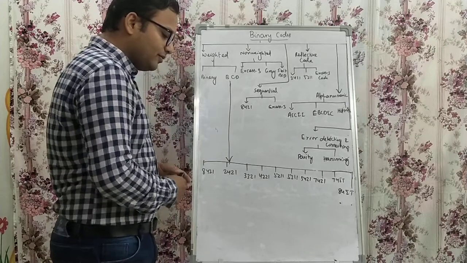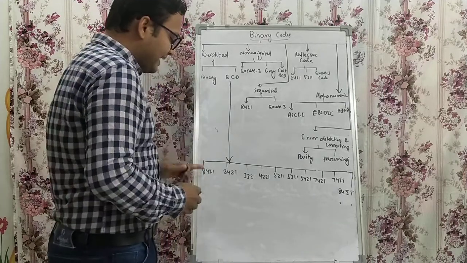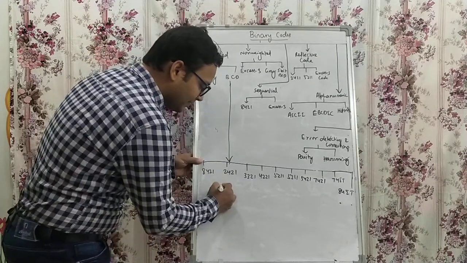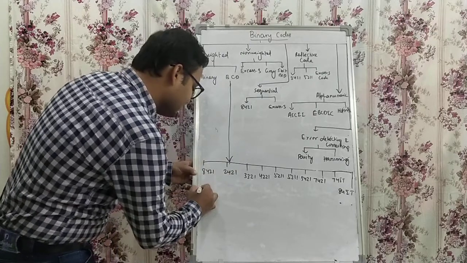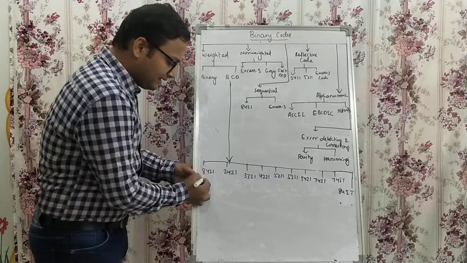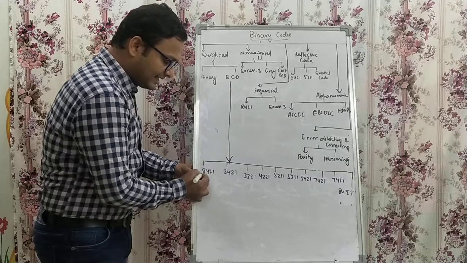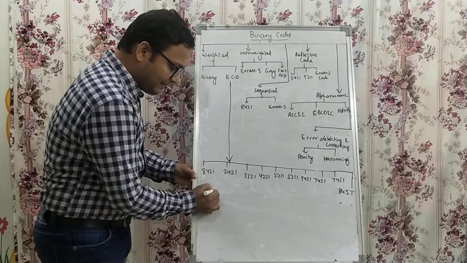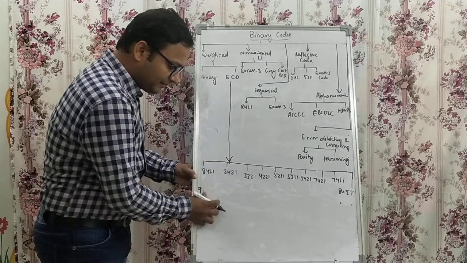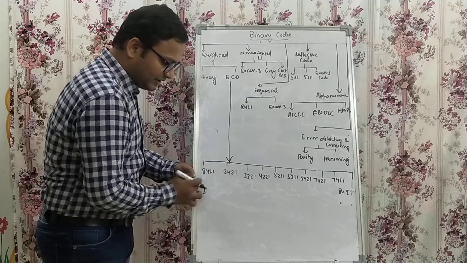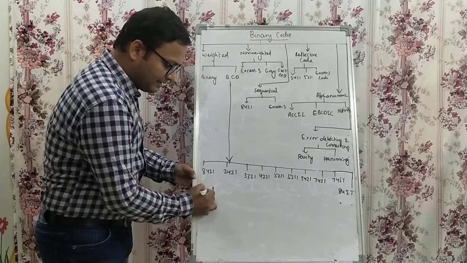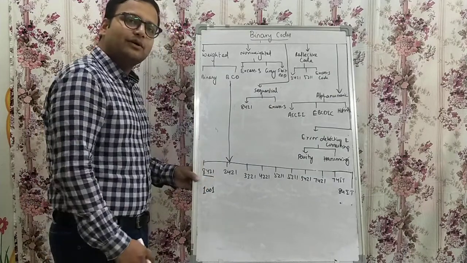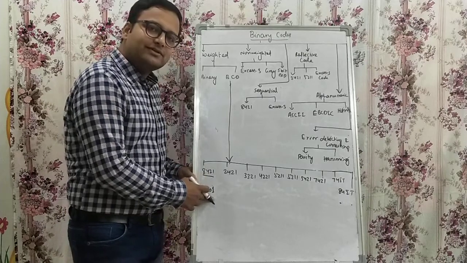If you want to represent 9 using 8421 code, what I have to do is take 8 and 1. In the position of 8, I would put 1, and in the position of 1, I would put 1. The other two places are 0, then it becomes 9. In 8421 BCD code, 9 represents 1001.